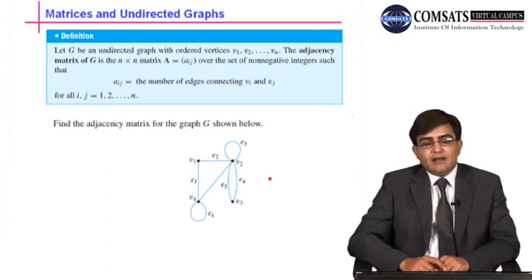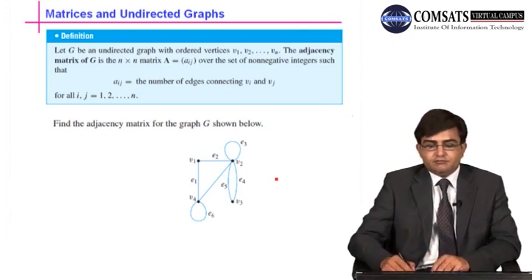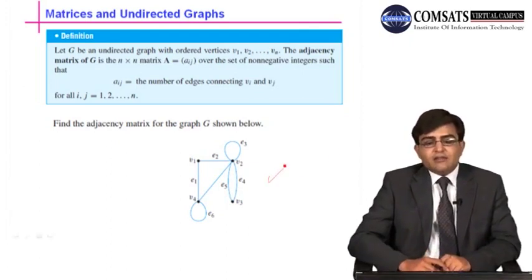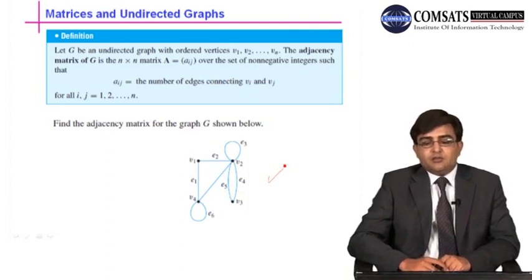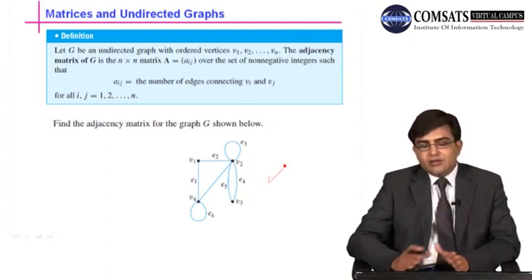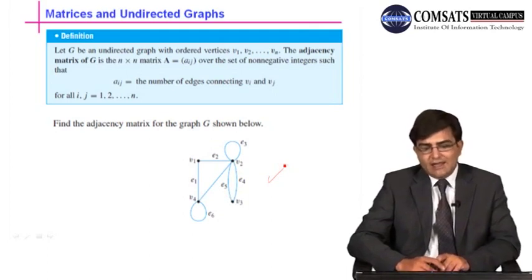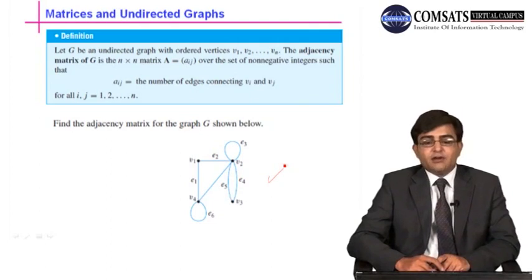Let G be an undirected graph, any given undirected graph, for example this one, with ordered vertices v1, v2, ..., vn. Ordered vertices, that is, we have to keep the order of vertices. The adjacency matrix of G is the n cross n matrix A = (Aij), where the Aij are entries over the set of non-negative integers, such that Aij is equal to the number of edges